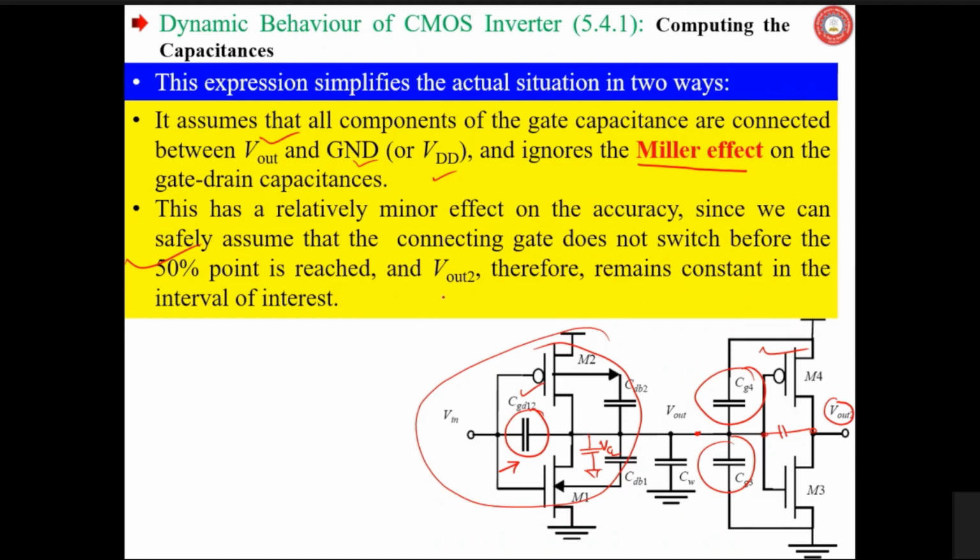This Vout2 therefore remains constant in the interval of interest. When it is rising up to the 50% point, for example, or falling to the 50% point, then possibly this Vout2 is not changing or remaining almost constant. So we can ignore that much accuracy